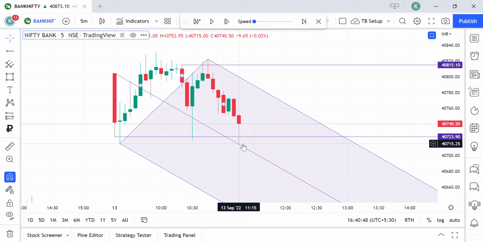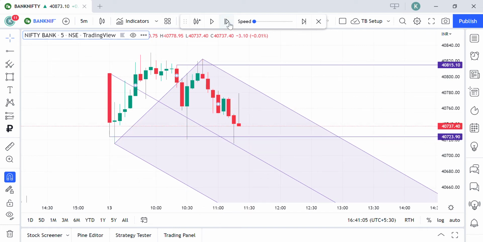So when there is a lot of supply, it should be countered with a lot of demand. That creates a liquidity pool of a lot of trades and a lot of volume for market makers to enter in the opposite direction. So let us see how price unfolds further.